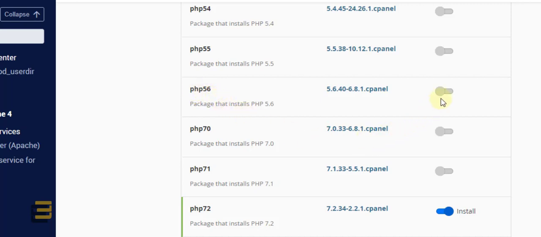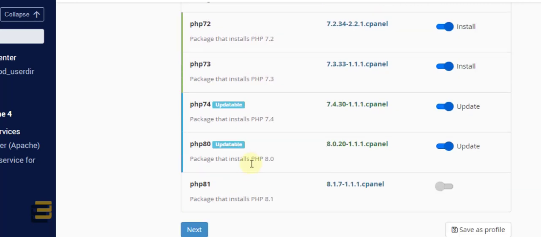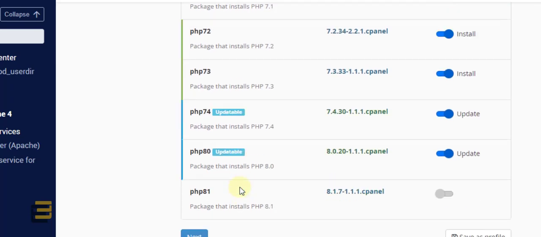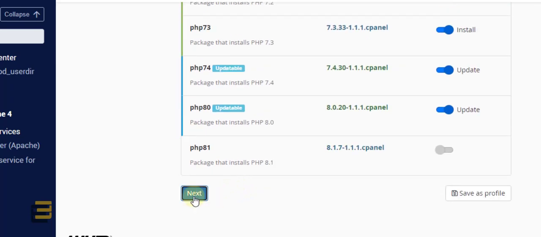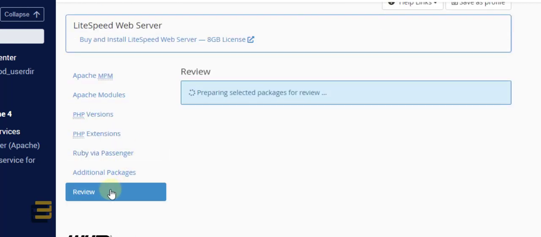So in my old server, I used the minimum 5.6 version, PHP 5.6 up to the latest one. So that's how you can do it, and then just click on next, or just go ahead here to